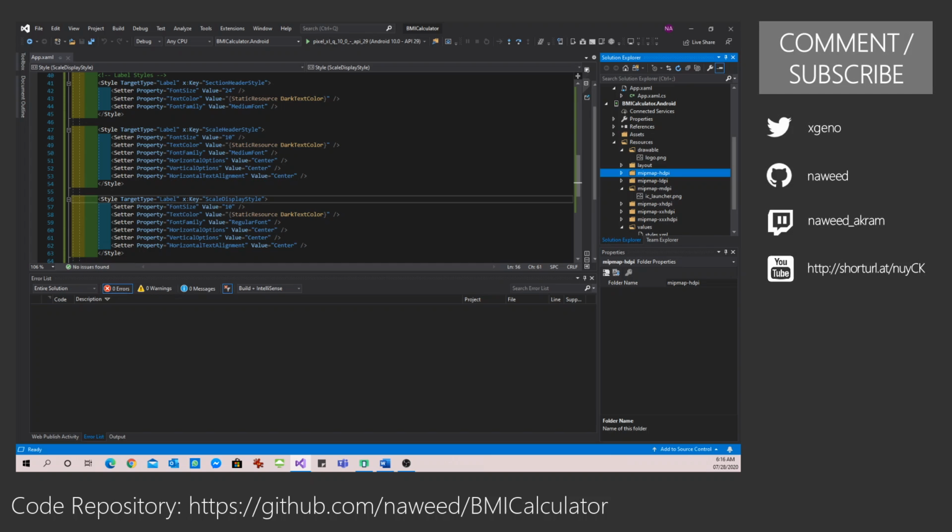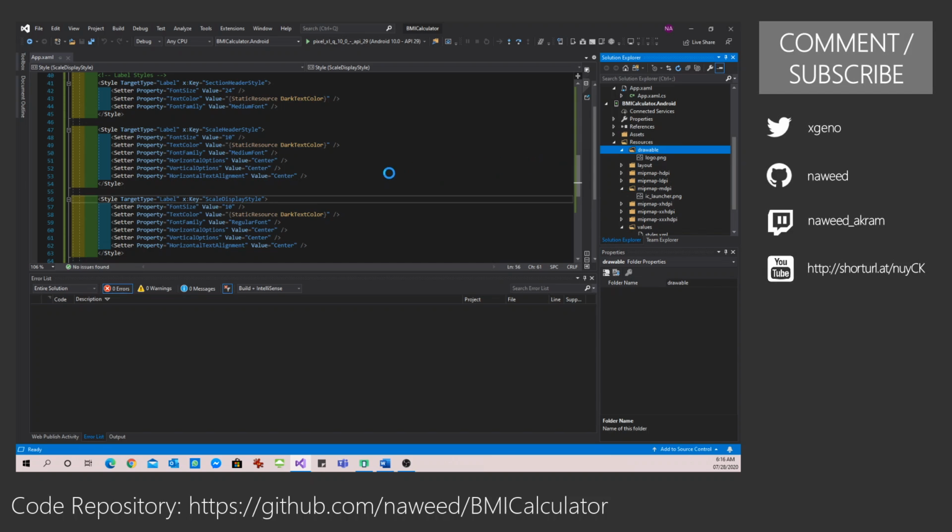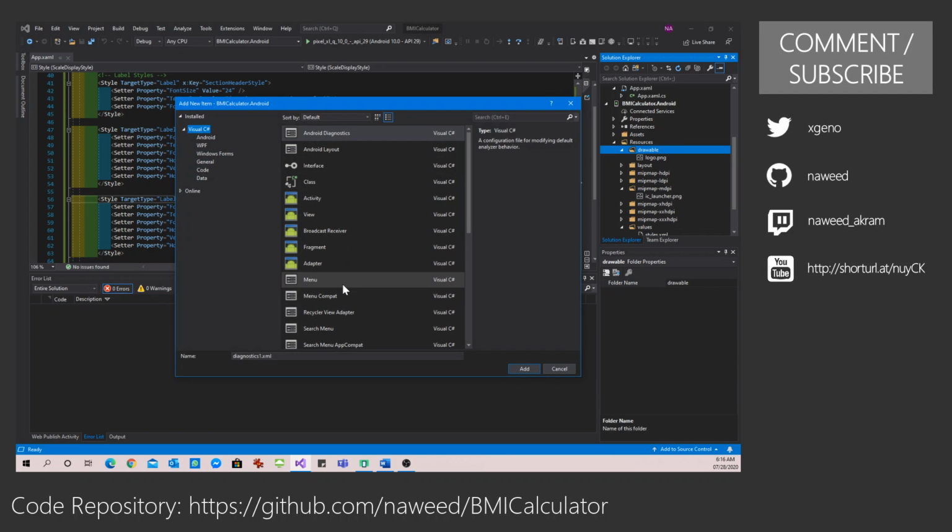Now if I run the application, at least you will notice that we have the application logo fixed. But first thing we need to do, we need to add a splash screen. So in this drawable, let me add a new item, new XML item. And let me call it splash.